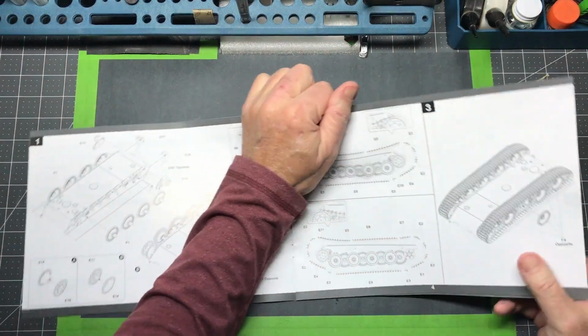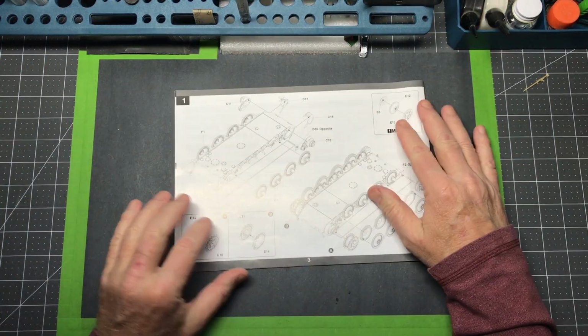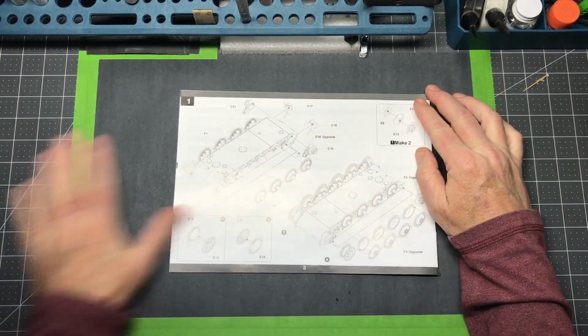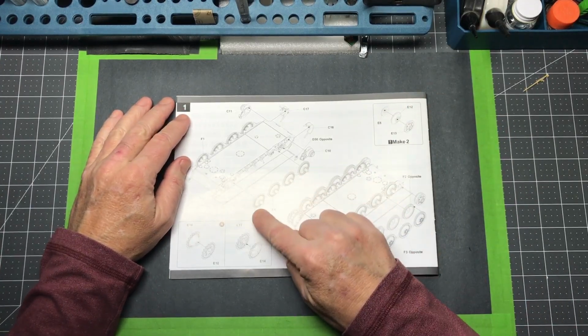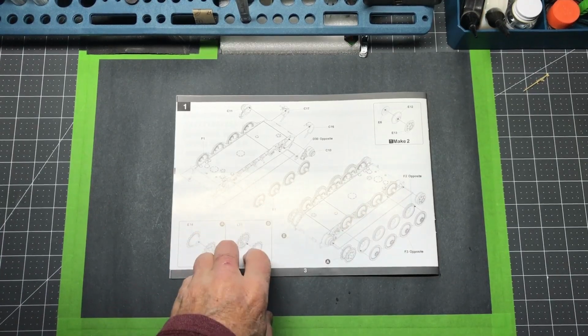So I'm not going to go into detail on all of these instructions. I am, however, going to point out certain details that make this different than most kits that are on the market. So first off, as you can see here on the wheels, let's zoom in,